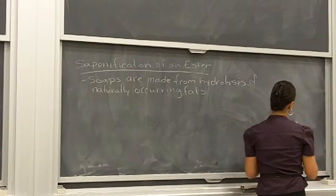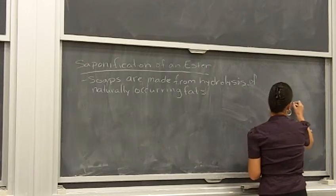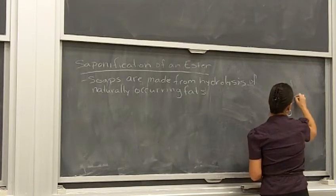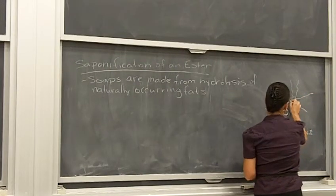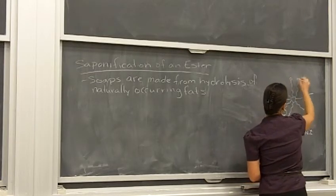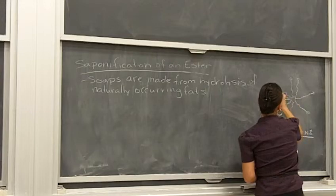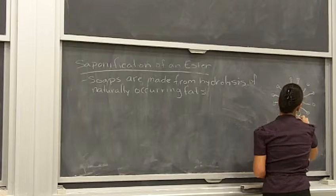And the way that it aligns is, as it works for a soap, if you have a little dirt molecule here, these tails do not want to be out in the water, okay? So they'll come around and hang out around the little bit of dirt. But this part that is soluble in the water wants to be out with the water, okay? So you end up forming what is called a micelle,